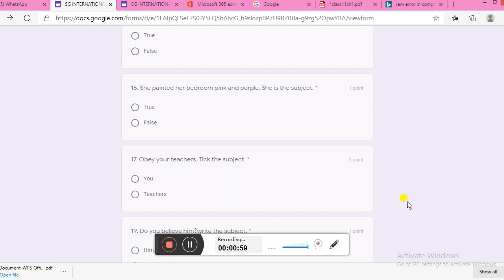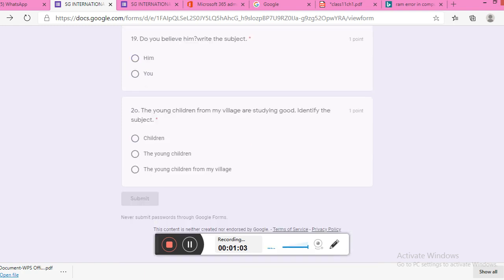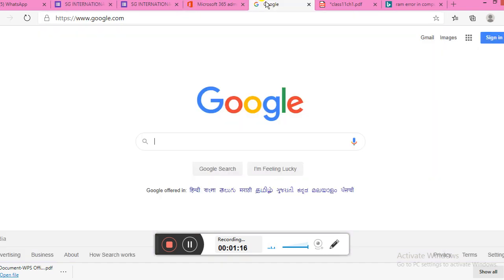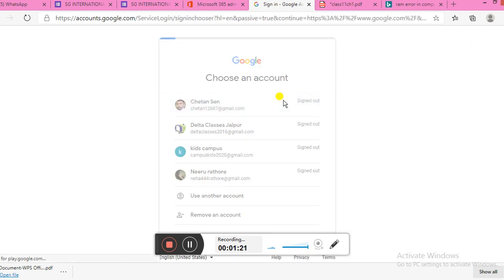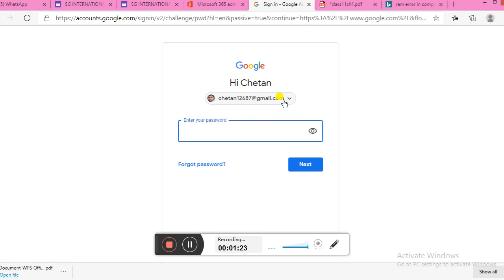I am able to check off the marks and give the answer, but the submit button is not highlighted. There is only one case when your submit button is not highlighted. You have to go to the browser, click on Gmail login, and log in with your particular account, type your password,